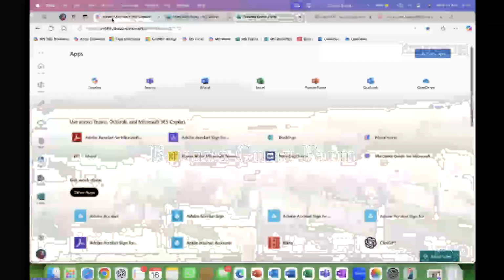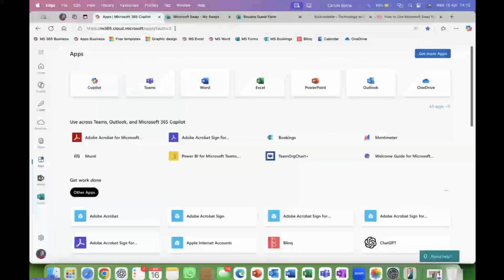So where do we start? What we do is we go to a browser, Edge, Chrome, doesn't matter what you use. You go and you log into your Microsoft 365 account. This is a business account, so this is just what the business account looks like. That's all I'm trying to say. So you log in with your Microsoft account username and password. You can sign up for free, but then of course you have to buy the license.